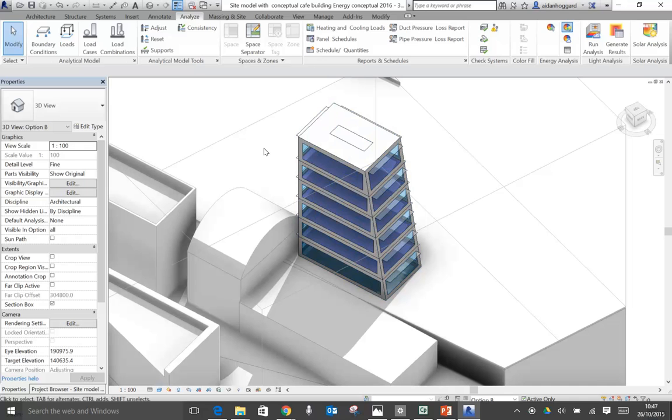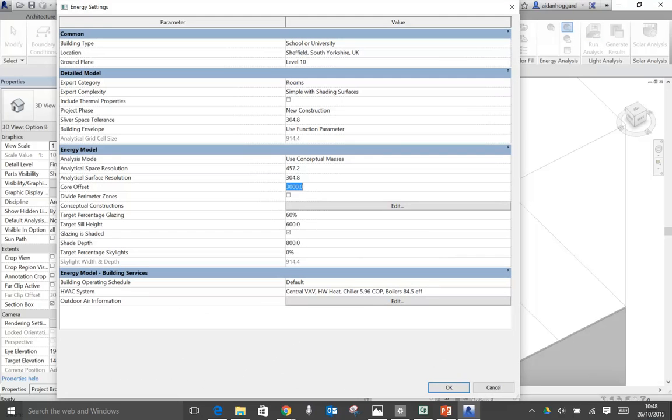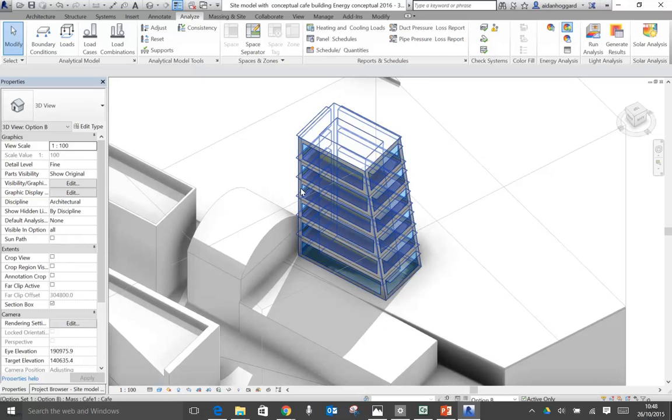And in the simulation, we don't need the same level of thermal comfort for a core, for stairs, for lifts, for toilets, for storerooms. They don't need the same level of servicing. And we can set that, if I go back into those settings, we set that here with our core offset. So if I just drop that down now to 2000 and hit OK, you see that our core got much bigger. The core offset is the offset from the outside of the building. So that's a very odd building now. If I go back into that setting,